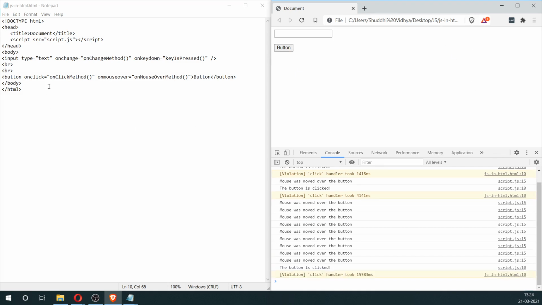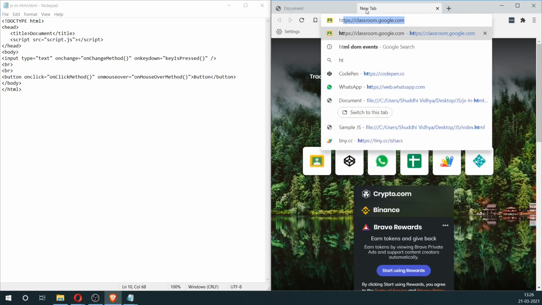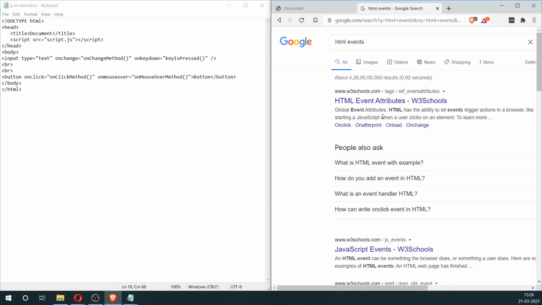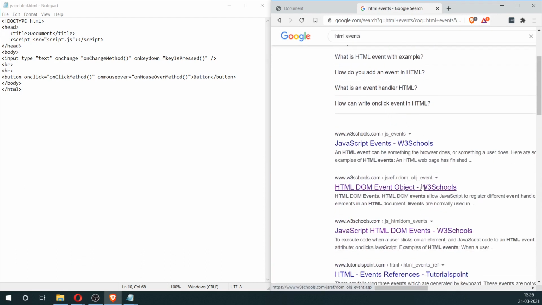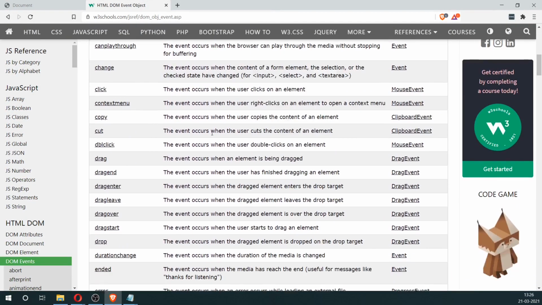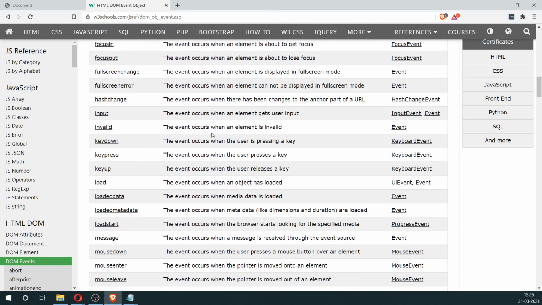Now we've seen a few events and how to trigger JavaScript methods that are being written in the external file. Let's look at some other HTML events. So if you just look for HTML events, you can find links from W3 Schools showcasing the different events. So you can see here that there is a huge list of HTML events.